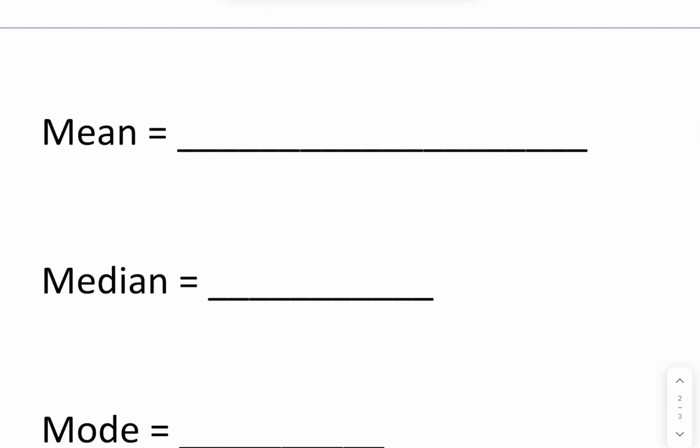So let's talk about a few vocab terms. So mean, okay? Obviously, mean does not mean that somebody's being rude to you or something. In math, mean is your average, okay? Mean means average. So you can think of this like your grade that goes in the grade book. So to find the average, what you do is you take all of your grades. So let's say you make like a 70, a 60, a 100, a 25. You add all those numbers,